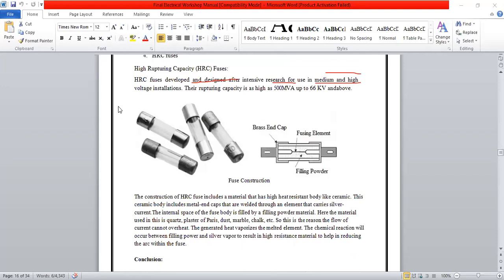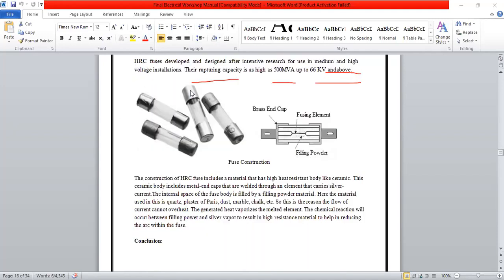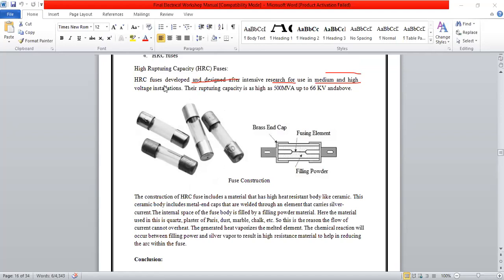Then the last part of switchgear equipment is the HRC fuse. Okay, the meaning of HRC is nothing but high rupturing capacity fuse. See, the high rupturing capacity fuse is like a cartridge type of fuse, as opposed to a rewirable fuse. In our agriculture field, we generally use the rewirable fuse.